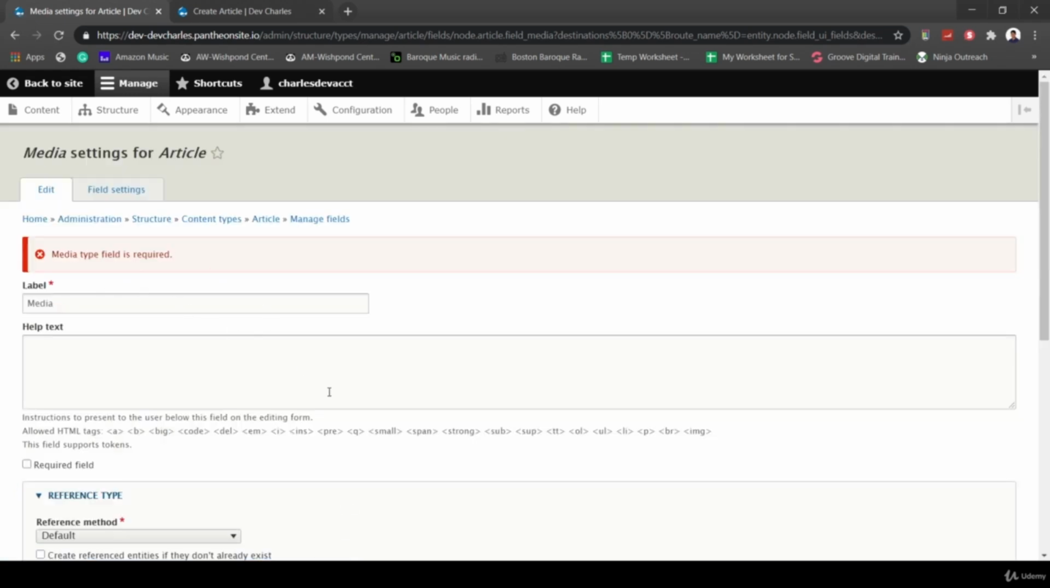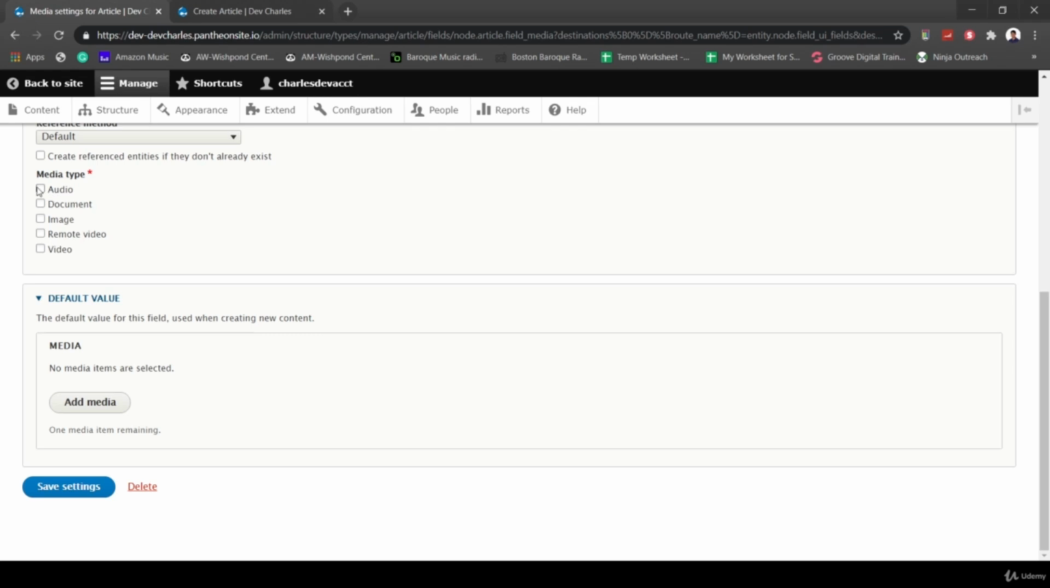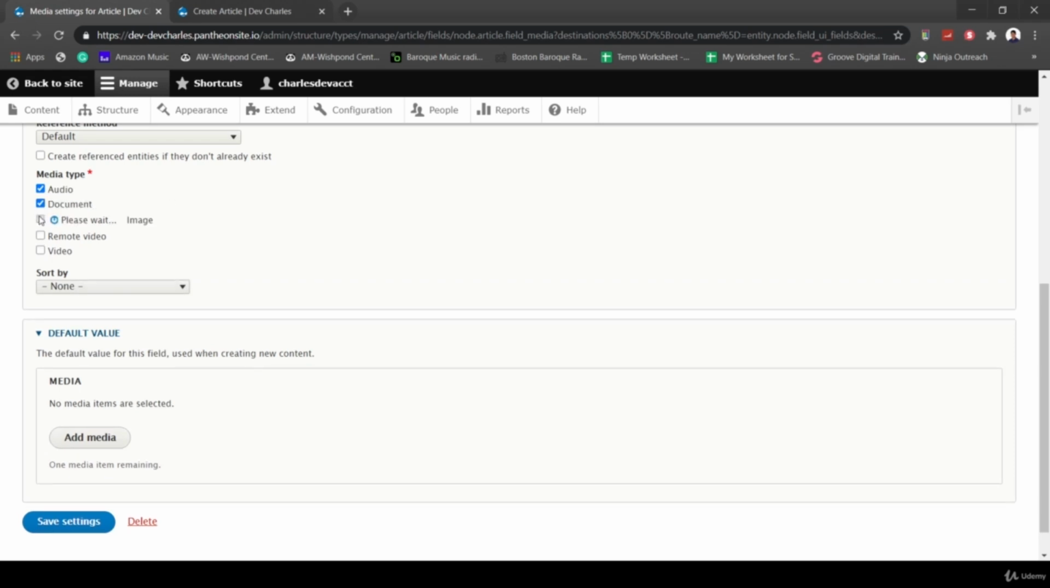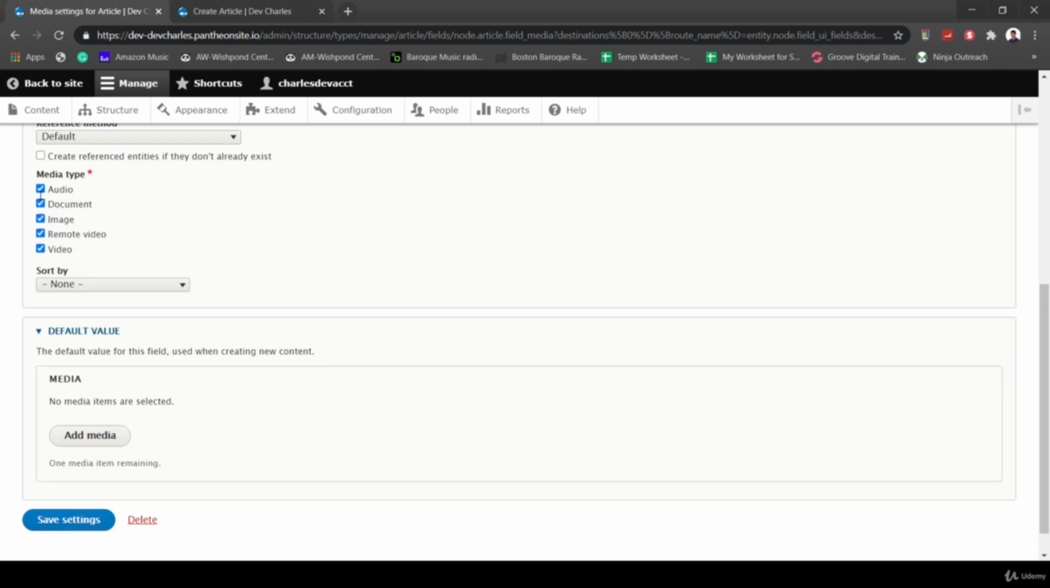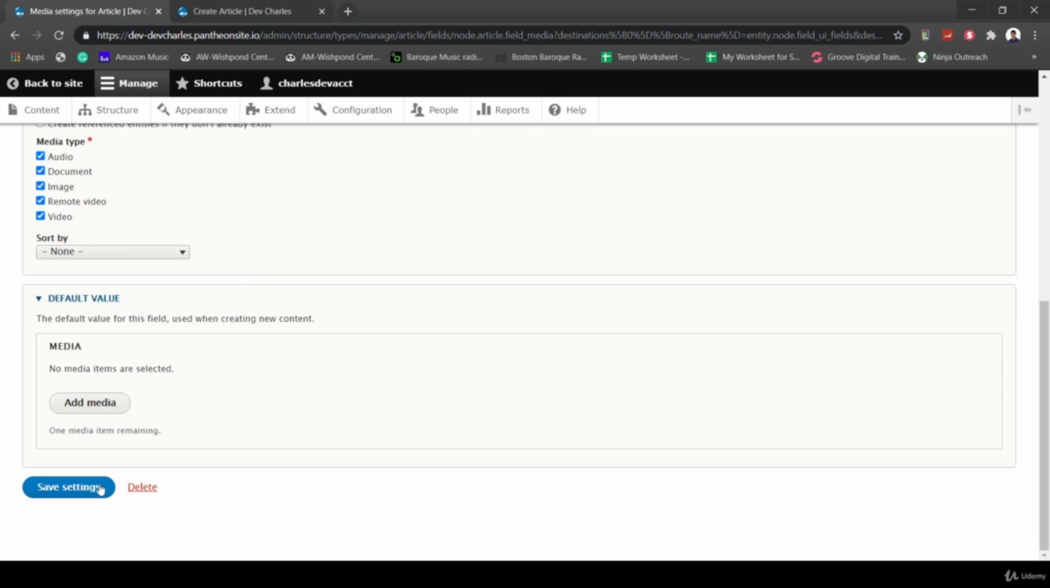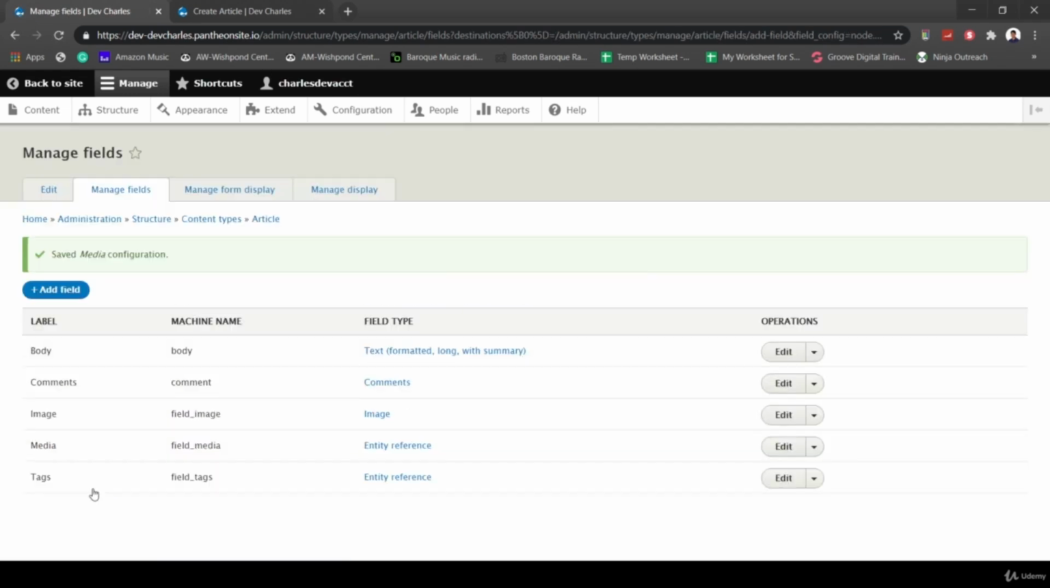And then it says media type is required. So one thing to note here is that anything with a red star is required. And then what's interesting is that once I go ahead and select what media types I can use, there are other areas of Drupal where I don't have to do that. It's just going to assume by default that I'm using all if I don't select any, and I'll show you that soon. So now I have it here below image,